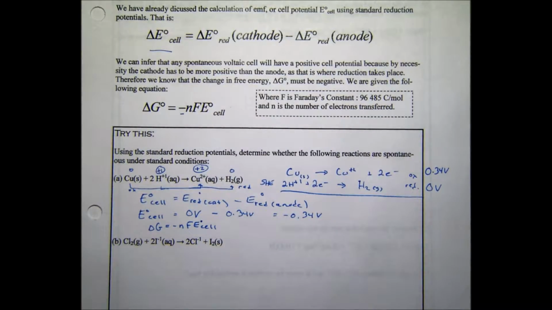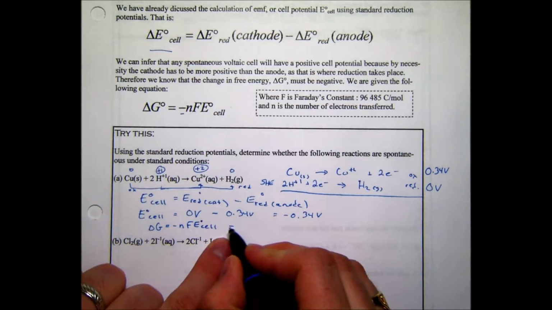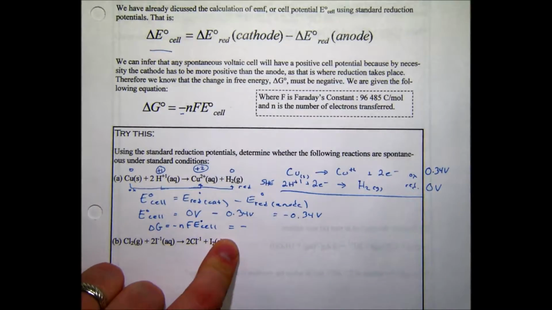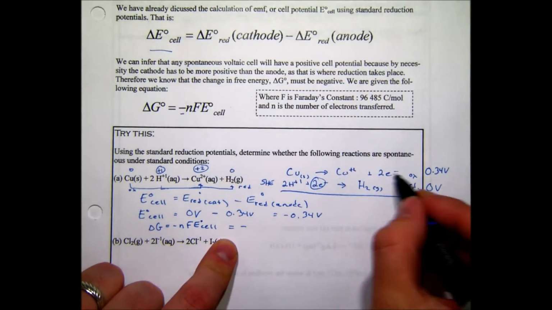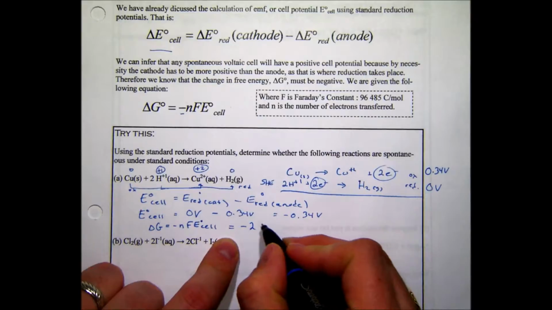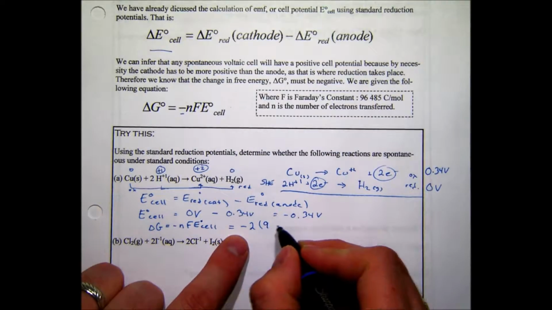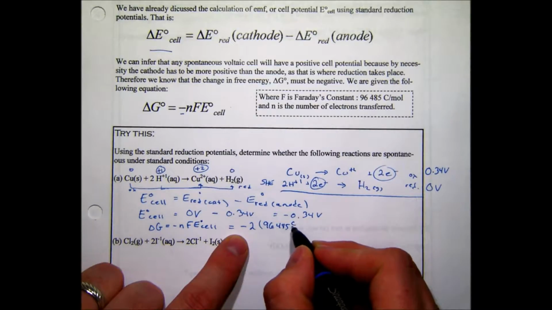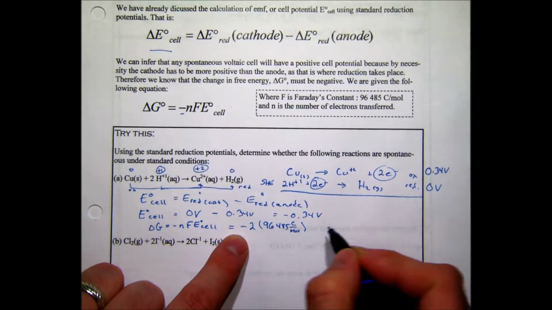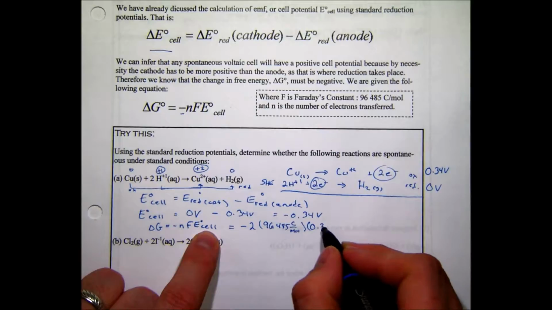So we're going to use this equation. It's equal to the negative of the number of electrons transferred, so that is 2, times Faraday's constant, 96485 coulombs per mole, times Ecell, 0.34